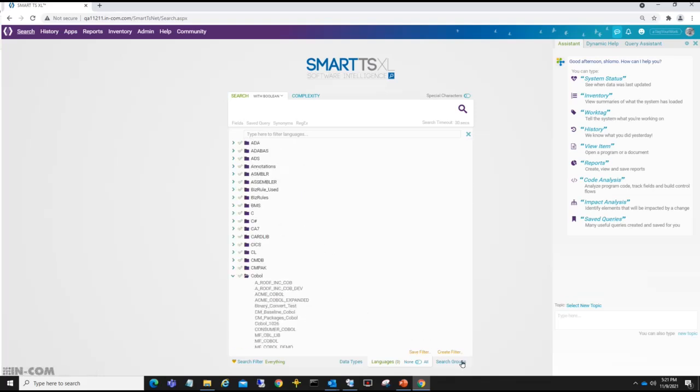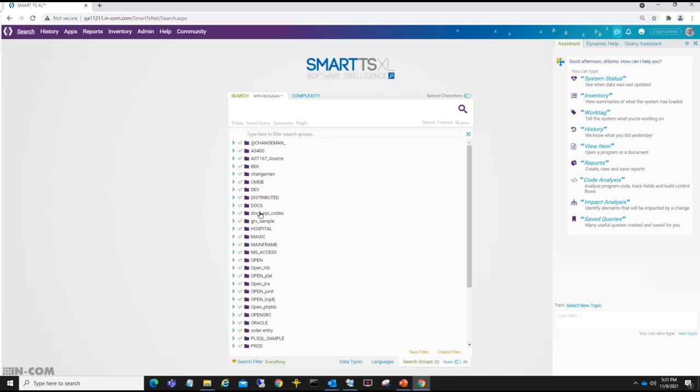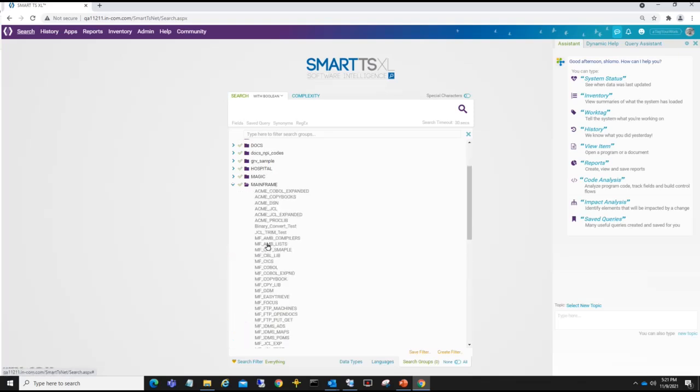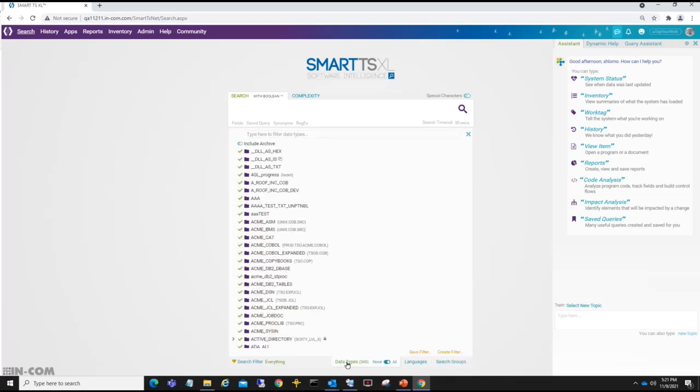All right. And the last group is search by groups. So a group is a group of data types. For example, if we went to mainframe, it's searching all these data types that make up the mainframe group. It's a logical view into the same information. If we go to data types and select all of them, and type, for example, invalid user as an error message,